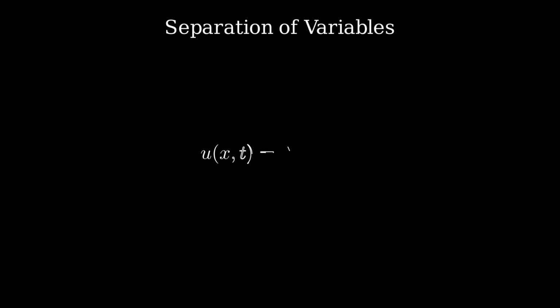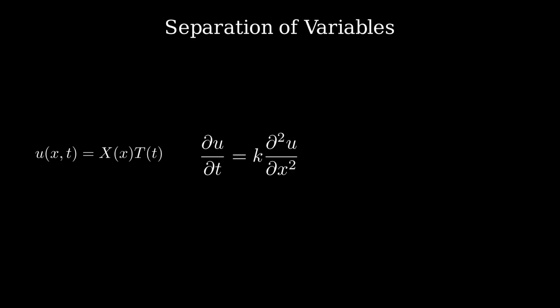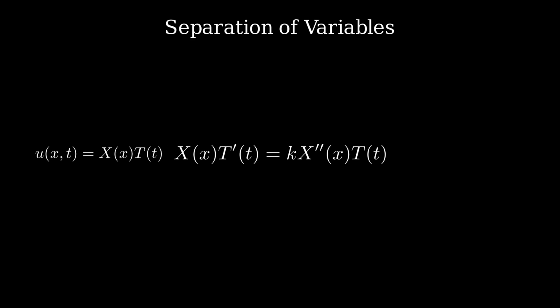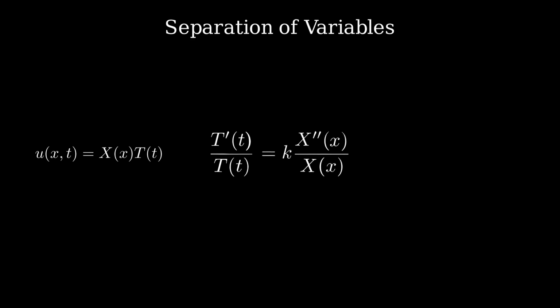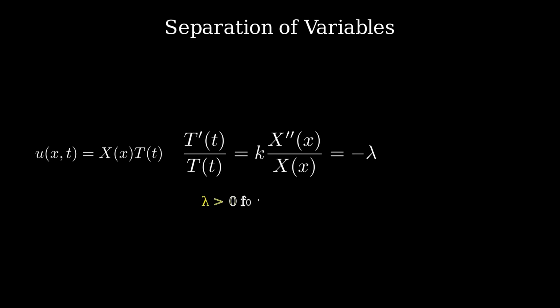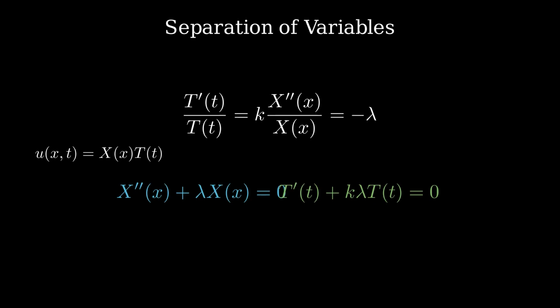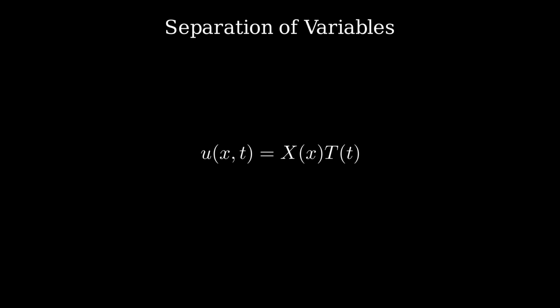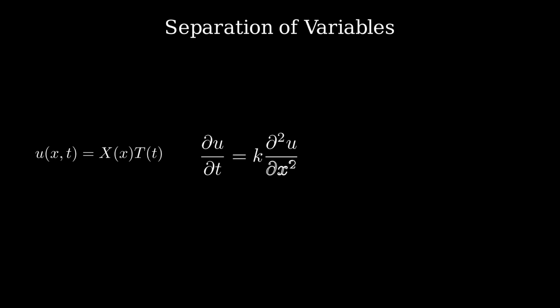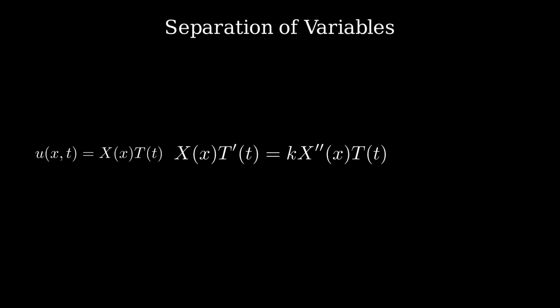Now let's solve this using separation of variables. We assume the solution can be written as a product of two functions, uppercase X of x times uppercase T of t. Substituting this into our heat equation, we get X T prime equals k times X double prime T. Dividing both sides by X T, we obtain T prime over T equals k times X double prime over